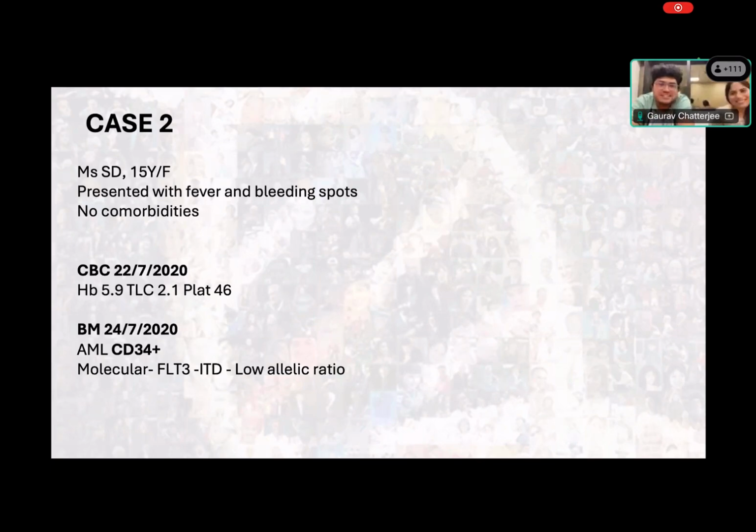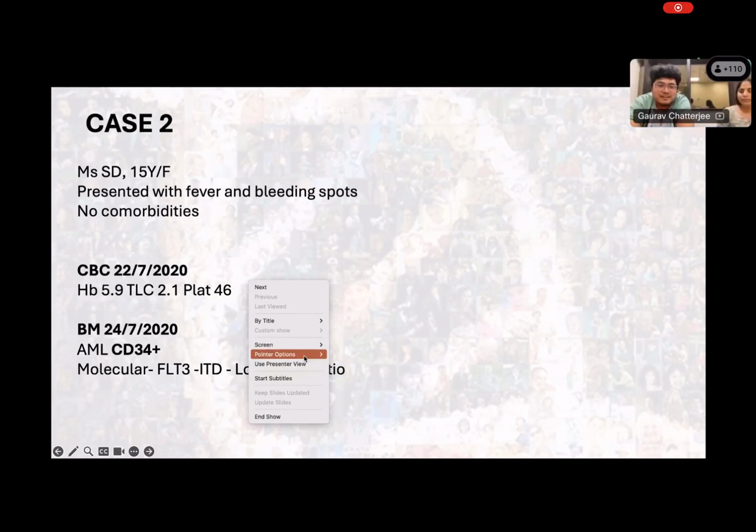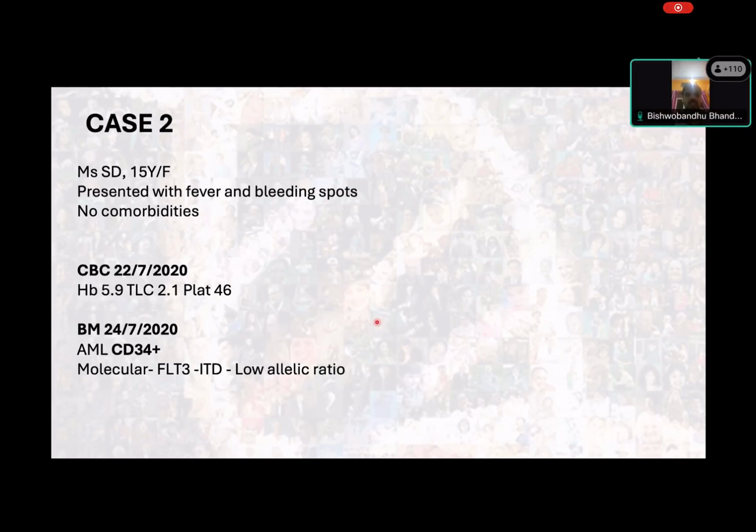Vishwabandhu, maybe? Yes, Vishwabandhu, can you please discuss the history of this case? Presented with fever and bleeding. There is no history of comorbidities. And on CBC, hemoglobin 5.2, total leukocyte count... and bone marrow on 24/7/2020, and on flow cytometry AML, CD34 positive, and then on molecular testing FLT3 ITD,